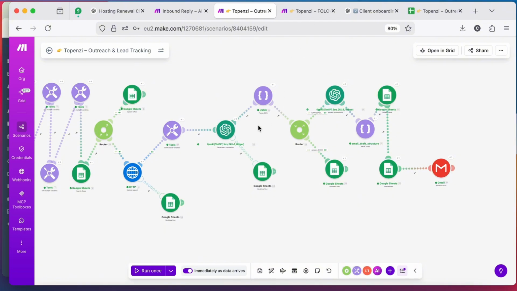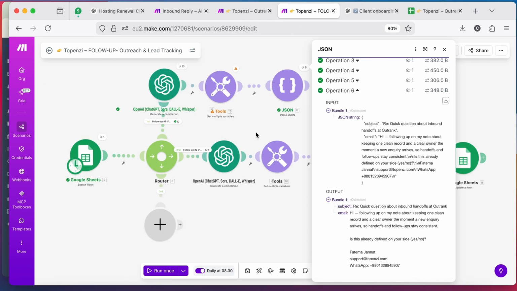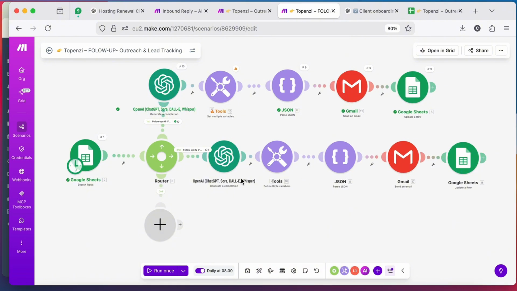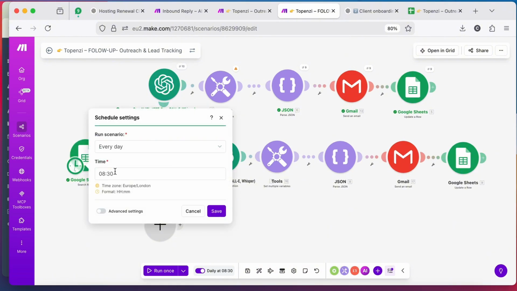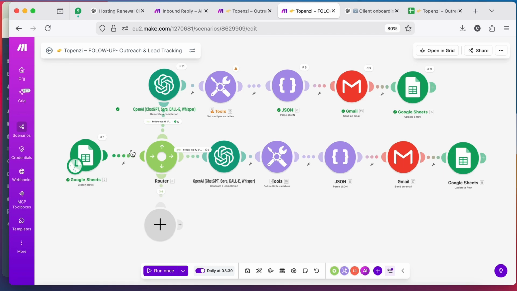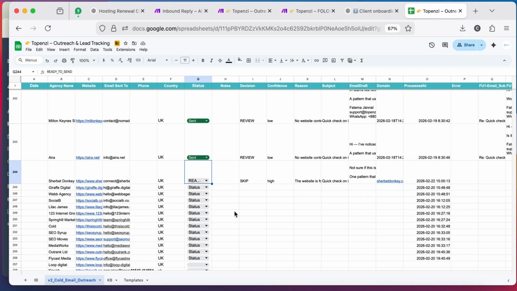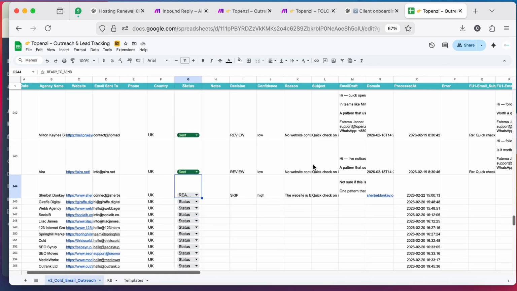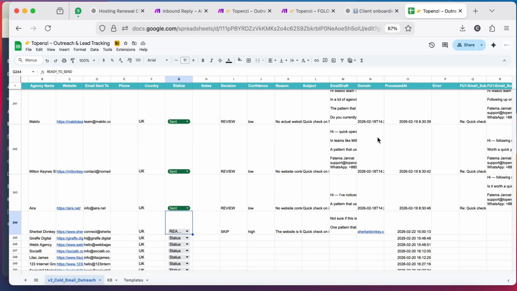And of course we have another cool scenario for follow-ups. The first route here is it runs every morning at 8:30. You can change the timing, and this scenario looks for the sheet when the first email was sent, and it